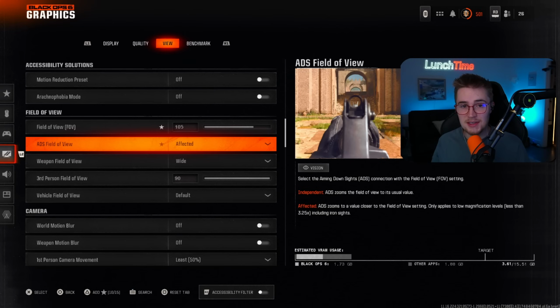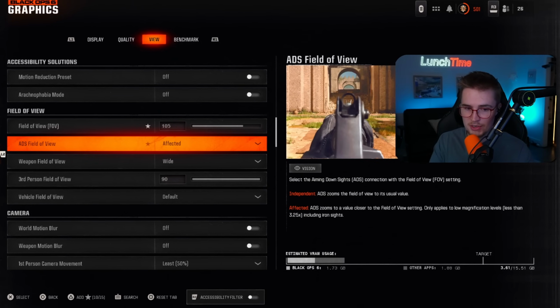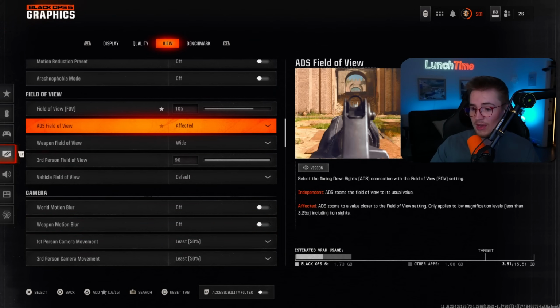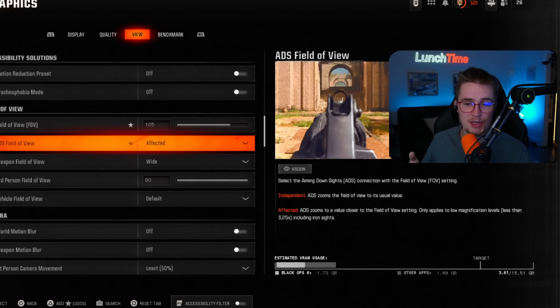The second setting that I see a lot of people getting wrong is honestly this entire tab right here. What I want to talk about in particular right now is the ADS field of view, as well as motion blur and then camera movement. So for ADS field of view, you want to make sure that you have this on affected. This makes it so that your ADS is more normal, which is in turn going to help your aim and